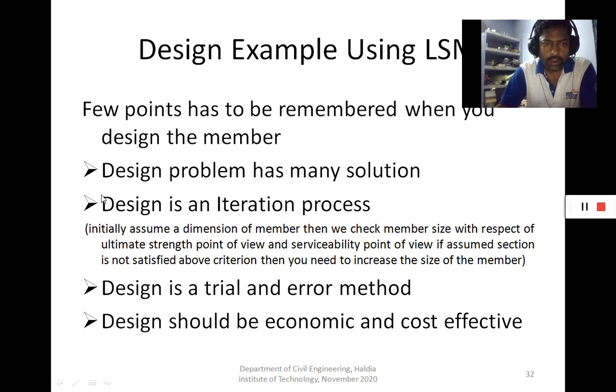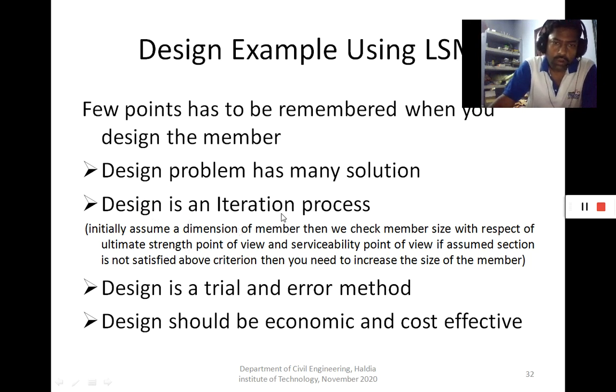The second point that you have to remember is that design is an iteration process. You have already learned in structural analysis that when you do moment distribution, the iteration process is performed to get the final moments and shear forces.